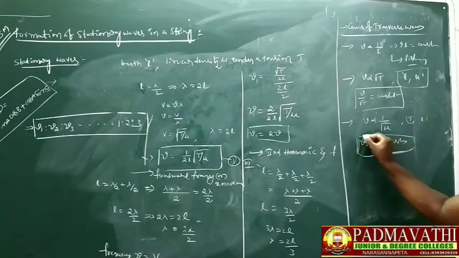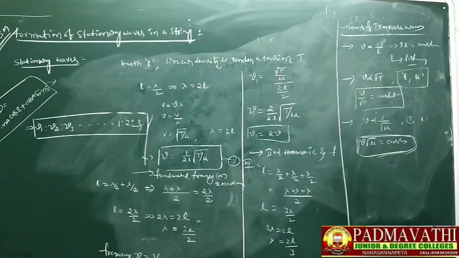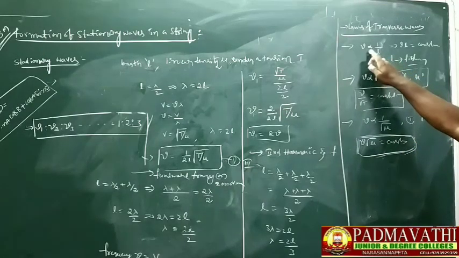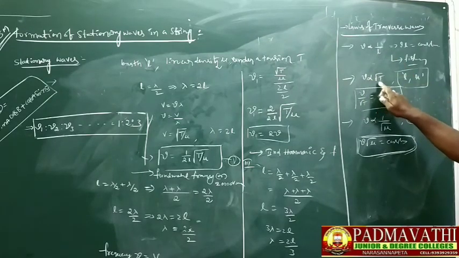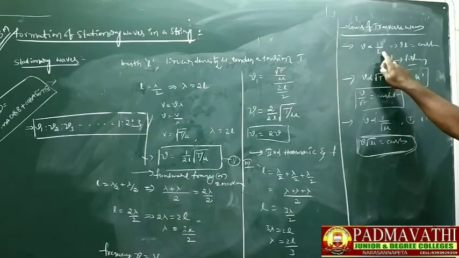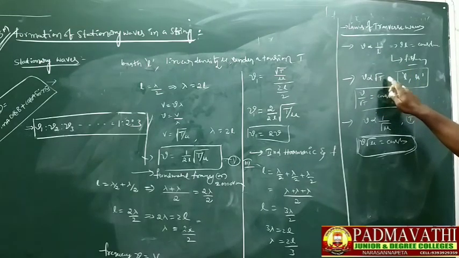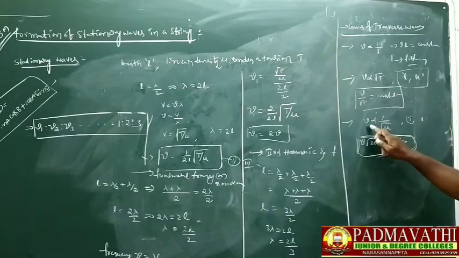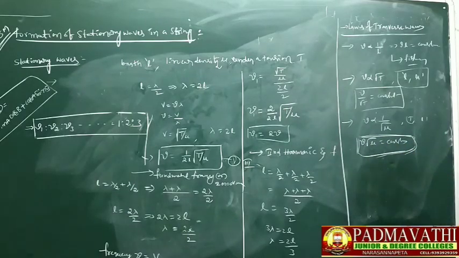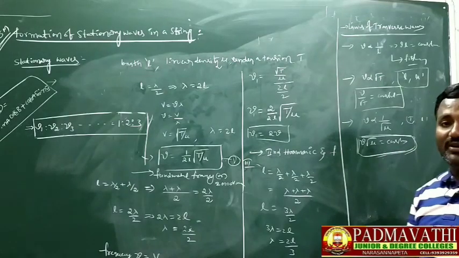Okay. So these are the 3 laws of transverse waves. First one, nu is inversely proportional to L. This is the first law. And second law, nu is proportional to root T, where L and mu are constant. And third law, T and L are kept constant: the frequency of the stretched string is always inversely proportional to the square root of the linear density. That is, nu is proportional to 1 by root mu, or nu into root mu is equal to constant. These are the 3 laws of transverse waves. Okay.